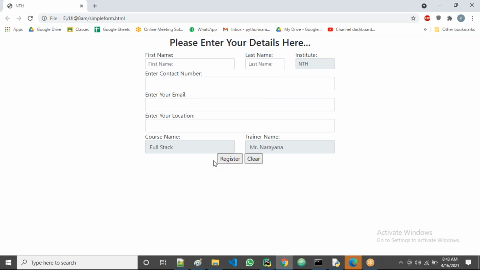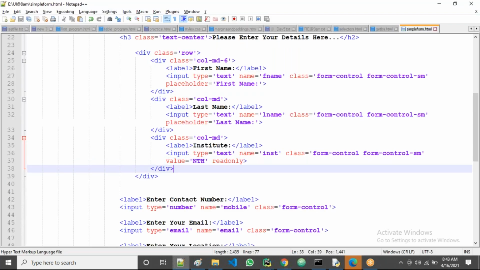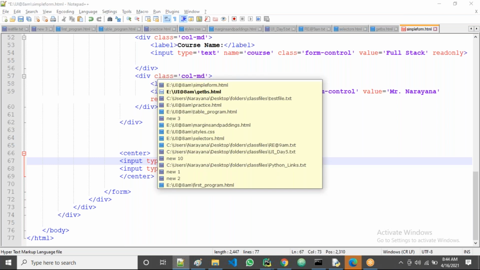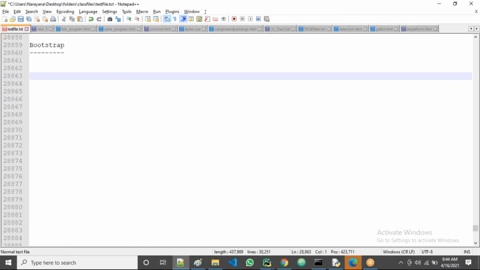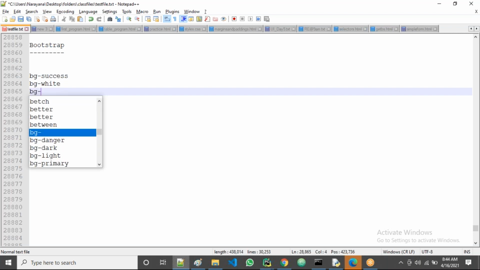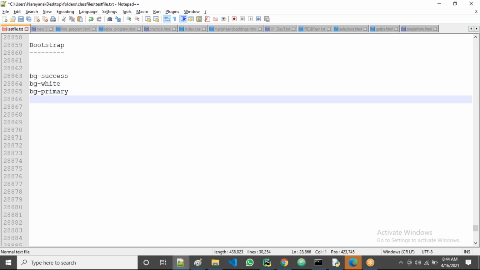Now coming to the last one, these buttons, guys. Now all of you observe. We'll take the class. I'm taking just BTN, guys. BTN means button, it's also a default class name. If you observe, we have bg-success color, next bg-white, bg-primary, bg-secondary, like that.